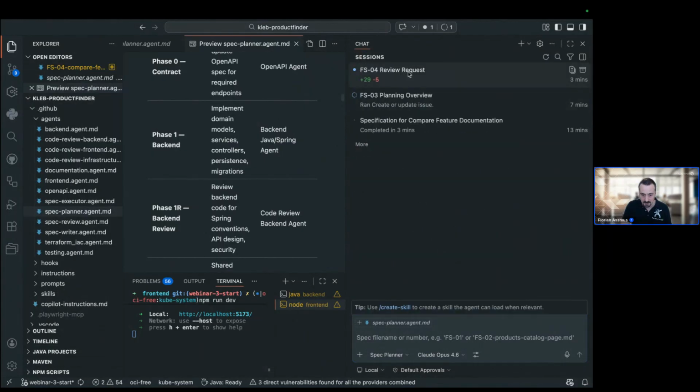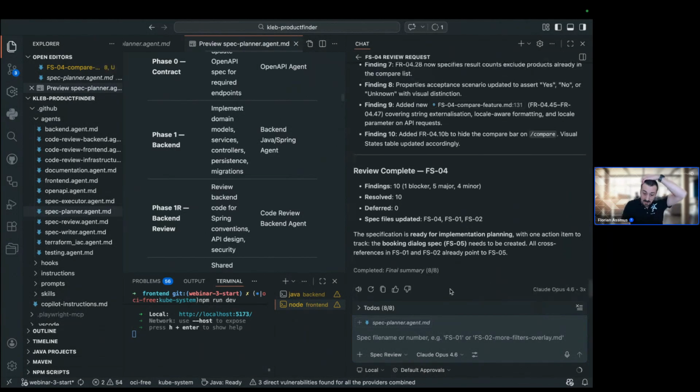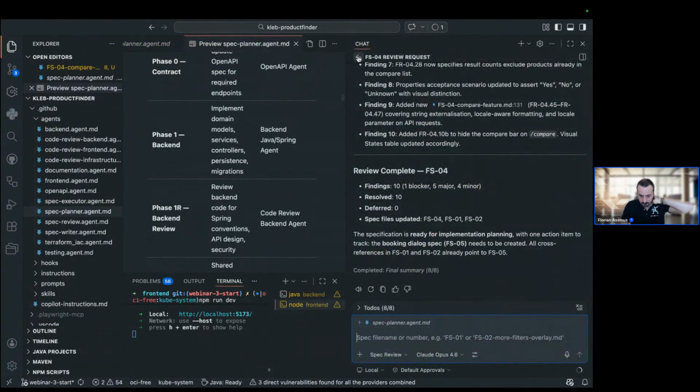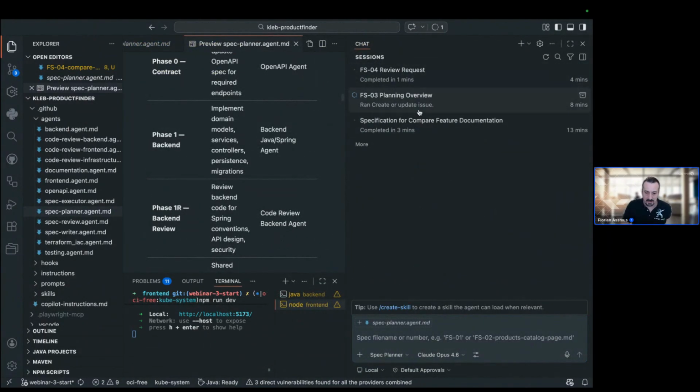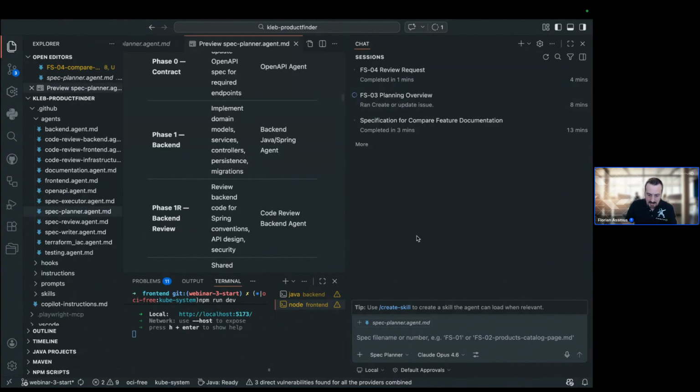I think the review is also done. The specification is ready for implementing and planning. Here we go. So I will accept that. And this one is done. Yeah. So the review process is done for number 4. The planning for number 3 is in works. And I can now also, because I already did the task planning for our second specification,